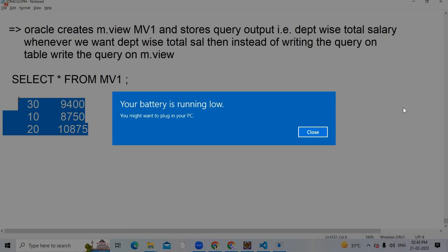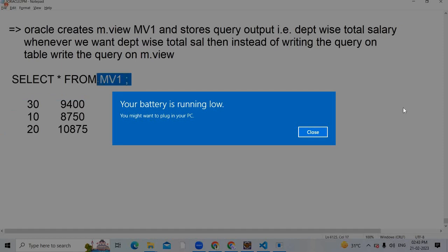So if base table data is updated, you need to update the materialized view. Updating the materialized view is called refreshing. So in materialized views, you need to learn two things. One is create